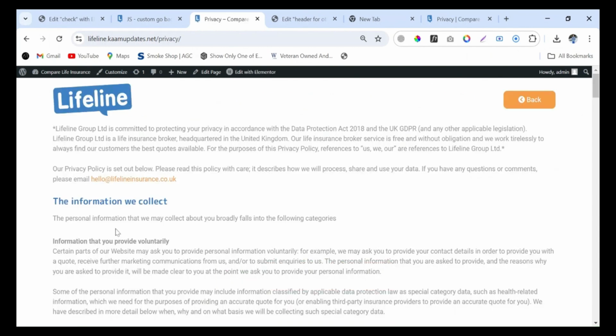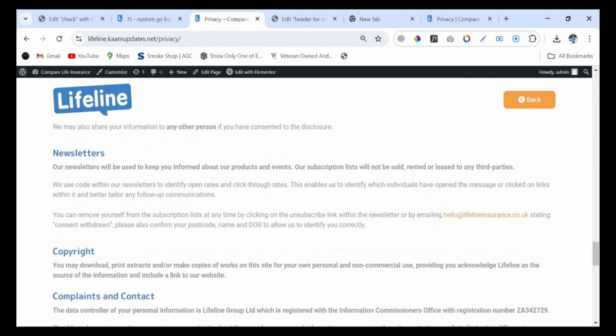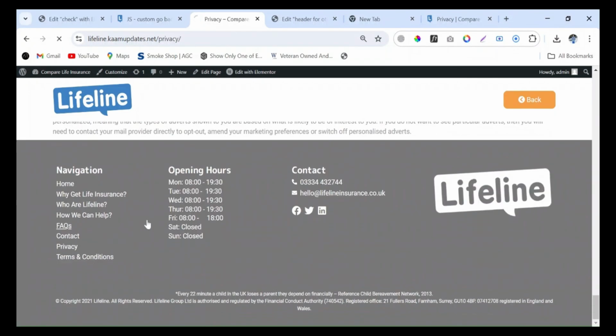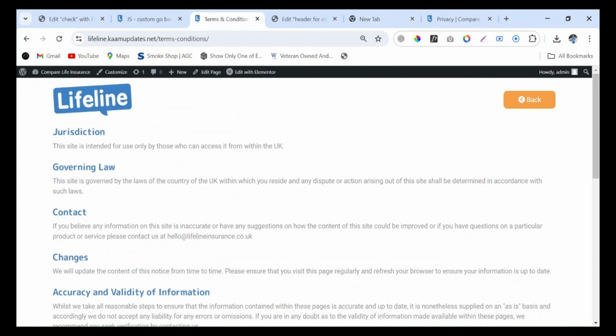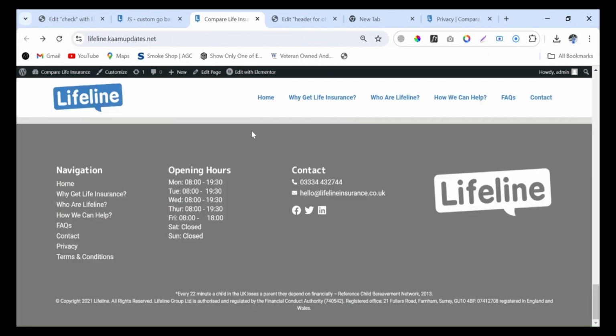Now go to the next page, I mean the terms and condition page, and now you test again. Just click on back, and it will go to the privacy page. Click on this and you are now in the privacy page. Then you again click on back and you will go to the home page.